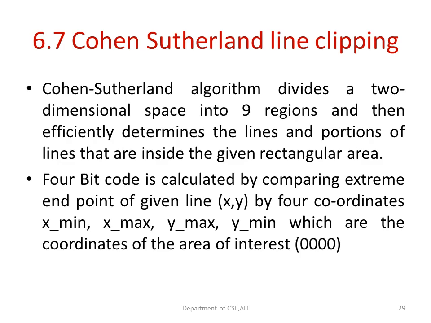So this clipping window is of my interest. I am going to assign a 4-bit code for all these 9 regions, and for the clipping window I have in the center, I am going to give the value 0000 because that is my reference window from where I am starting. This 0000 is nothing but the value for the clipping window. Based on this, I am going to assign the values for other regions. And this clipping window will have its own minimum value and its own maximum value. Based on the minimum and maximum, I am going to assign my region codes.